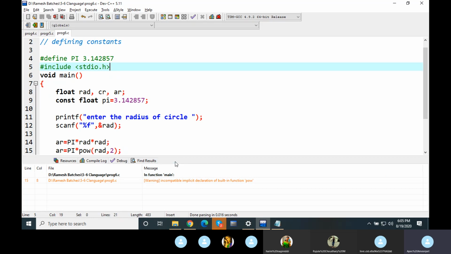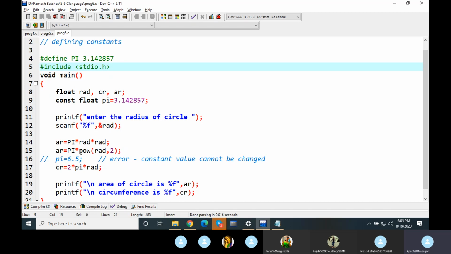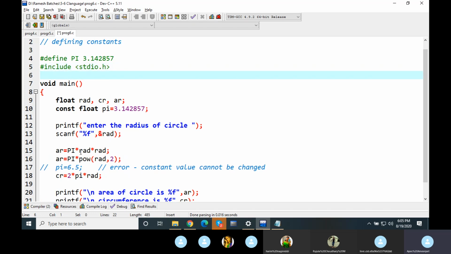It is saying that the pow function is being used implicitly. So you say hash include math.h. This is the header file in which you have this pow function. pow is a function present in the math.h header file. So therefore we are able to use it now.